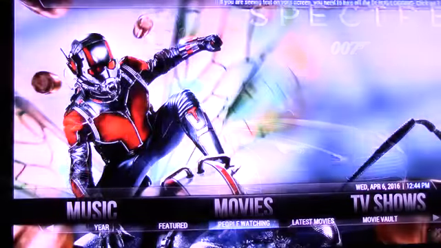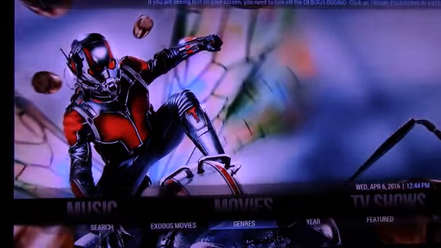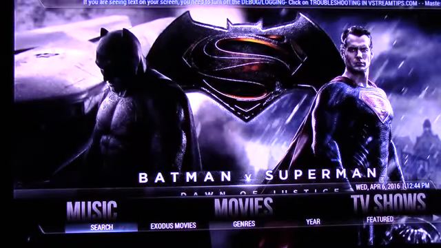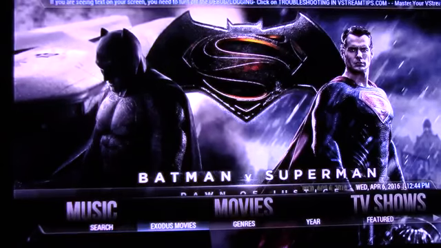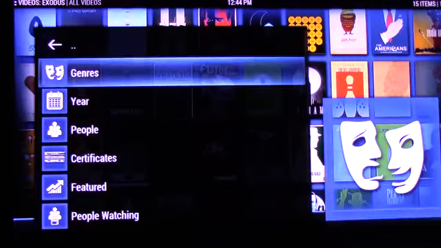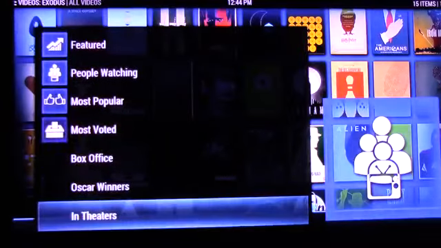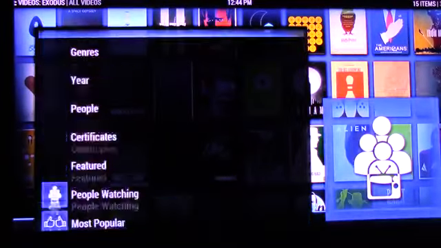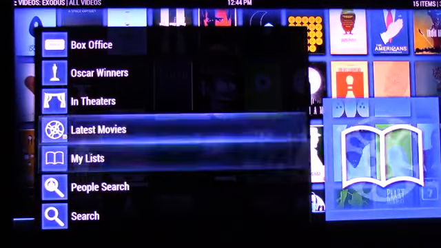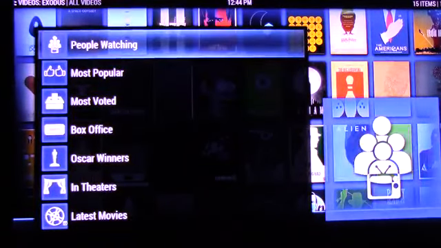But the first I'm going to talk about is Exodus, because this is probably one of the best add-ons for sure for watching movies. Now of course you can click on search and search for whatever movie you're looking for. You can also click on Exodus Movies, and that's going to basically bring up everything after some of the add-ons that I just mentioned there: genre, year, people, certificates, featured, most voted, box office, latest movies, and so on. Now, again, there's many ways to search. So let's just, for example, click on people watching,